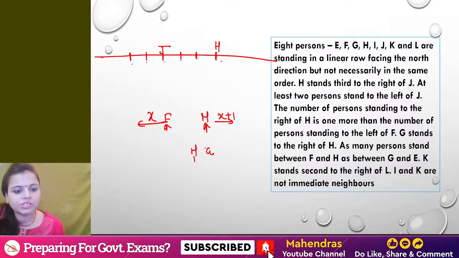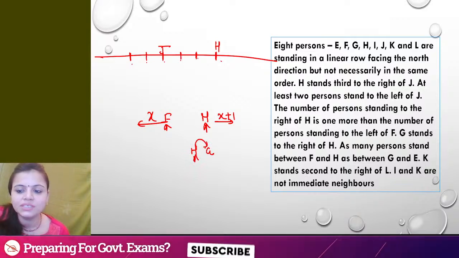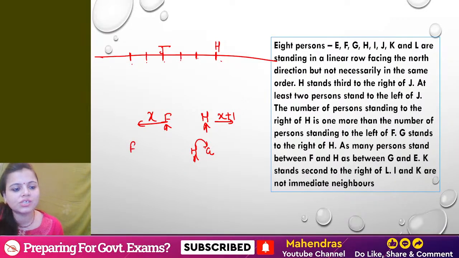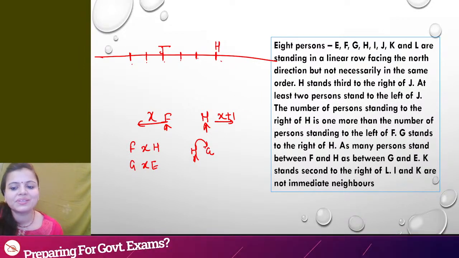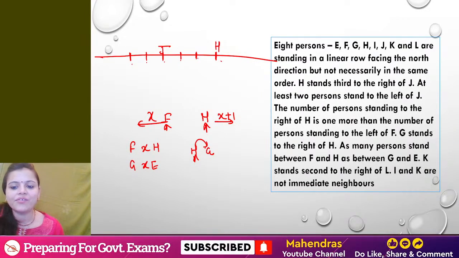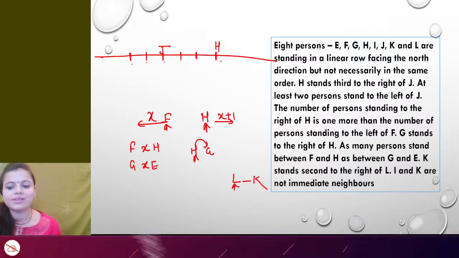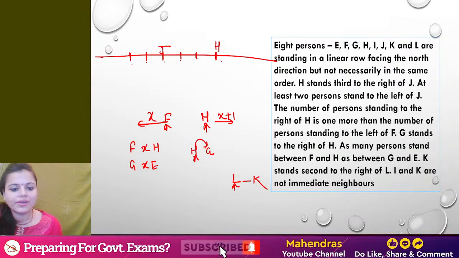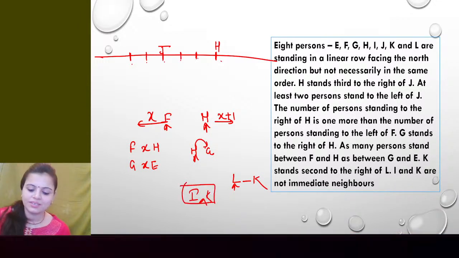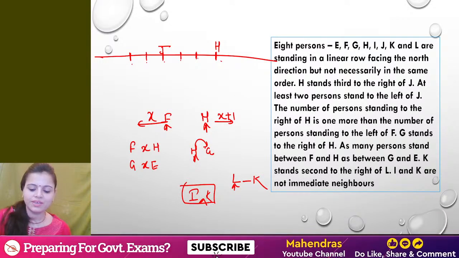G is right of H. As many persons stand between F and H as between G and D. K is second right of L. I and K are not immediate neighbors. Okay, it's done. Now,